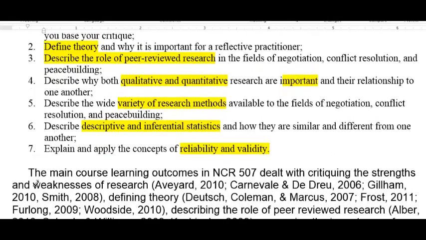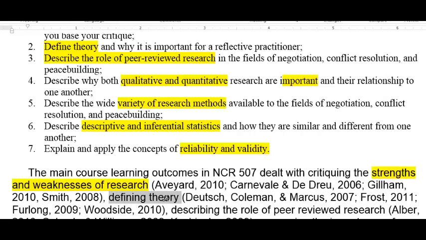As you can see, I've gone over the highlighted terms from the course learning outcomes. I made it into a series separated by commas, and after I cited the sources from the lecture, I went